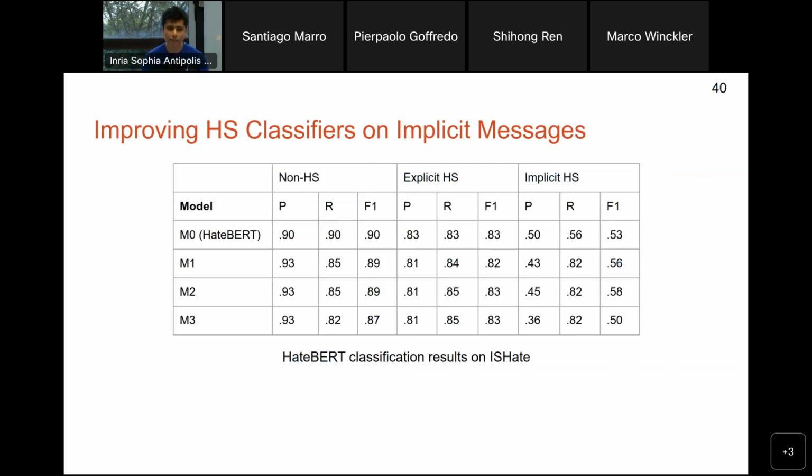So these are the results after the 3 iterations. We can see that in iterations M1 and M2, we have an improvement on the F1, but then in the 3rd iteration, we have a decrease. If we go to the precision and recall, something we notice is that it started paying more attention to recall than precision. And it makes sense because what the breaker is doing, the adversarial instances, is producing examples which are harder to detect. So now when you retrain the model, you will start paying more attention to saying, okay, this new message I get is implicit. So you will pay more attention to recall. That's one of the hypotheses I see for this change of the metrics. But one good thing is that there are no changes on the